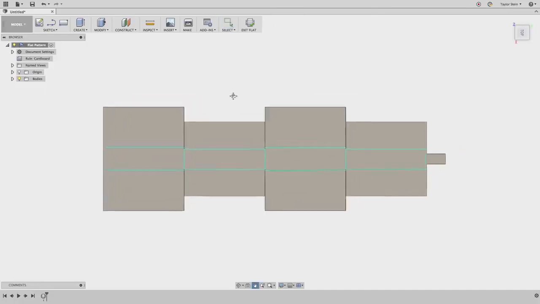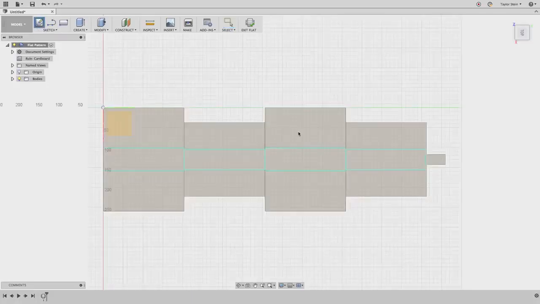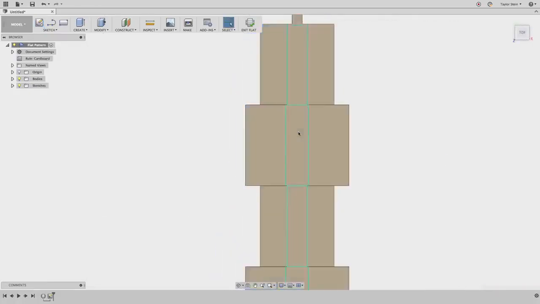To save this out and to send it to a laser, the easiest thing for me to do is to create a DXF file. So to do that, I'm going to click the Create Sketch button right here and select one of these faces of our piece of cardboard. And what that does